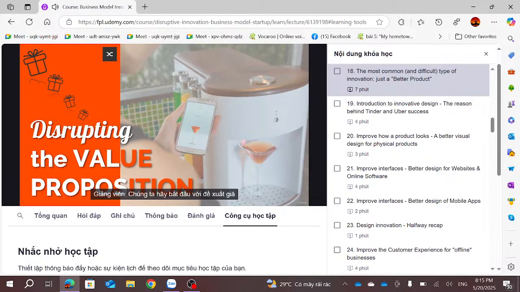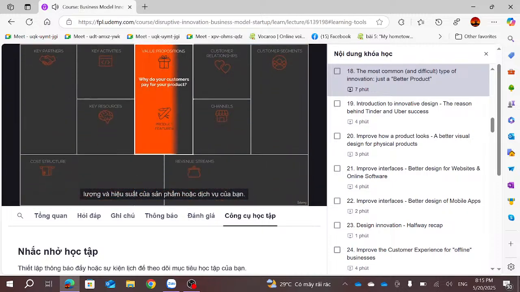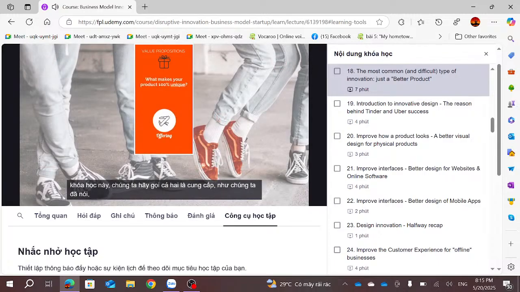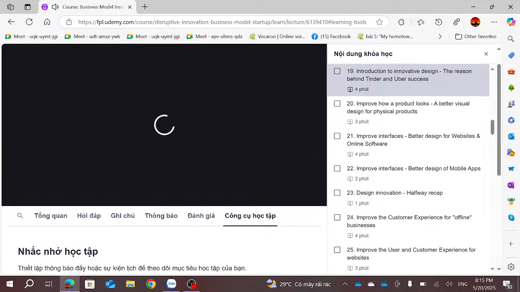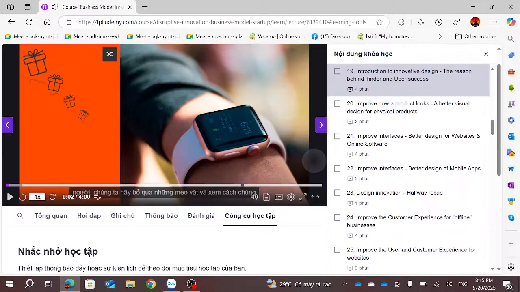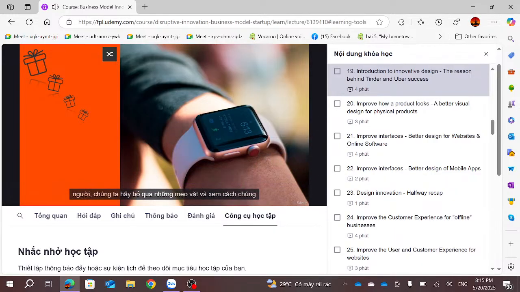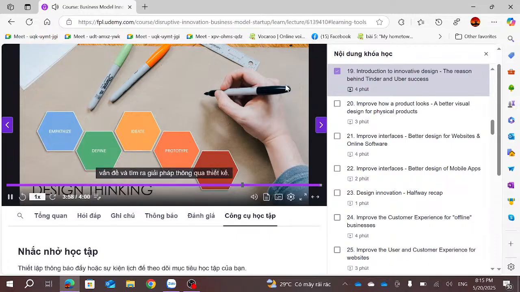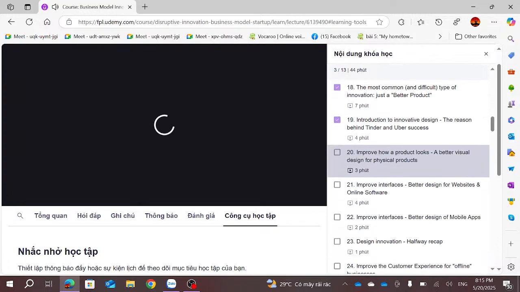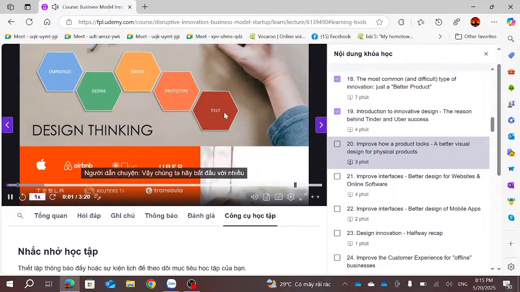Let's start with the value proposition and see how you can hack this block. This is about the qualities and performance of your product or service. To make it simple and not always repeat product or service throughout this course, let's call them both offering. As we already said, this is the area where most of the companies compete. All right, everyone, let's leave the offer, problems and brainstorm solutions. So let's start with plenty of